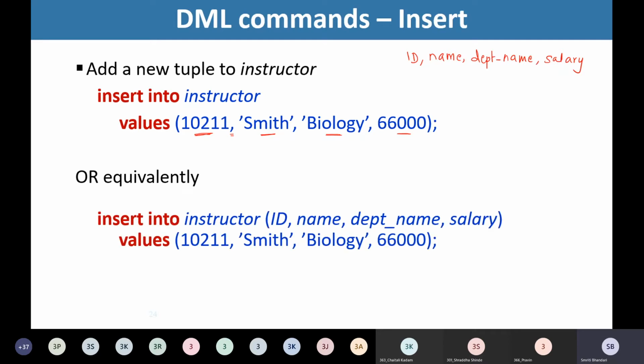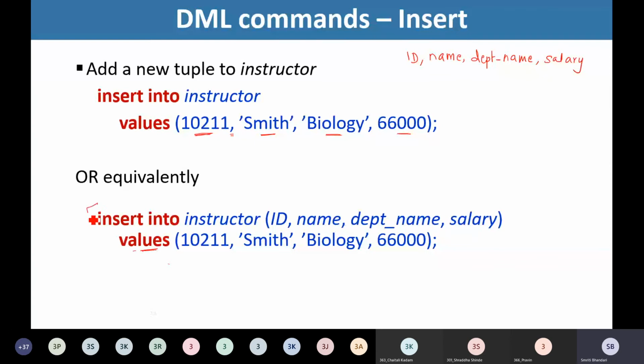The alternative way to provide this insert statement is like insert into instructor, then we list out the attribute names and then make use of the construct values, and then in the same sequence in which we have listed those attributes, we provide the values of those attributes.